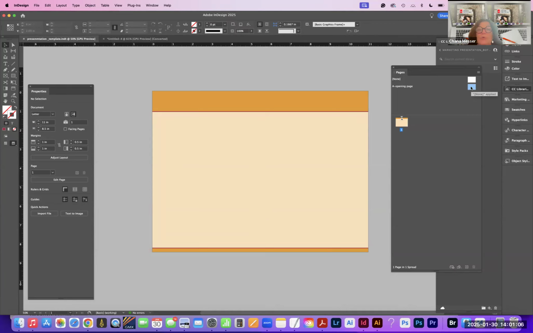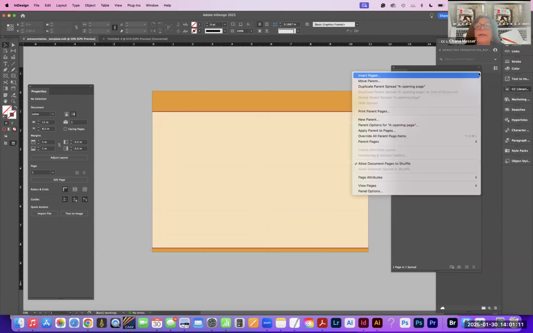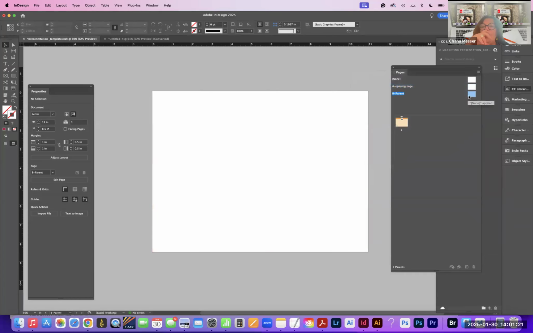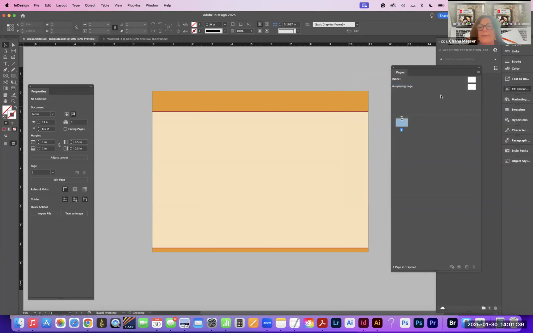Now we're going to go to the opening page, go to the flyout menu, and over here say Duplicate Parent Spread 8. I'm going to duplicate it. And I'm going to duplicate the stuff that I have. And now I can start doing another parent page. I can decide, so my presentation maybe is going to be a little bit different. Or if I didn't want to do it like that, I can go back here and